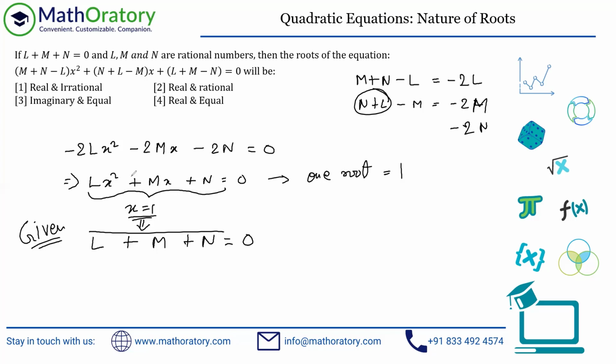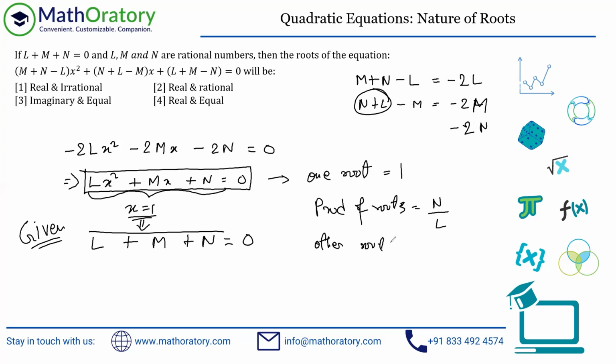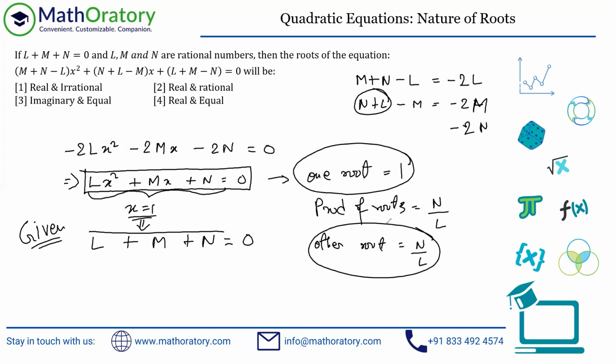And if you again further check this quadratic here, the product of the roots, you can do this with the sum of the roots also. The product of the roots is n by L, right? Now, if one of the root is 1, then the other root will be equal to n by L, which is dependent on the value of n and L, which is not known to us. I mean, n, L individually is not known to us, right? We can have a lot of different possibilities.